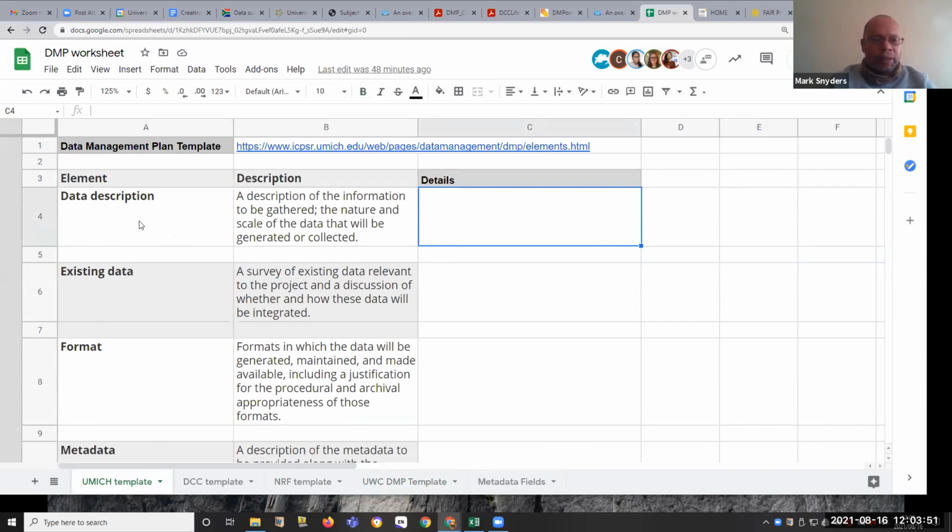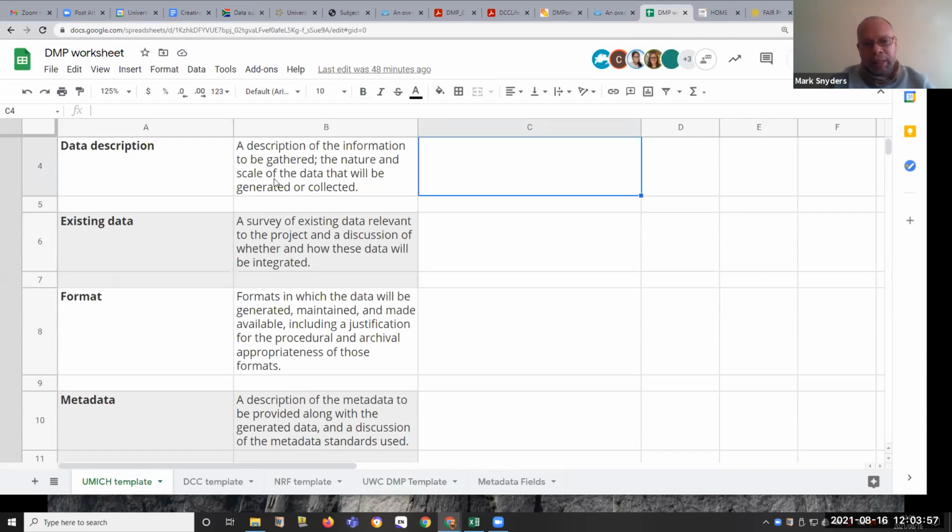So on the left, we have a data description, which is a description of the information being gathered, and the nature and scale of the data that will be collected. The nature and scale of the data to be collected refers to the format as well as the anticipated size in terms of storage. Here you would indicate, for example, existing data.